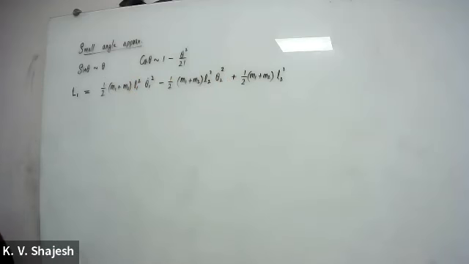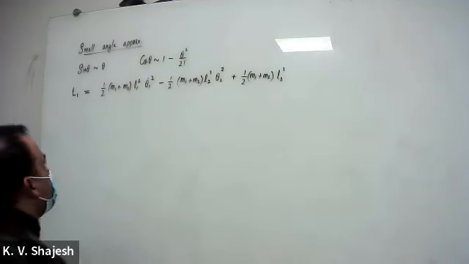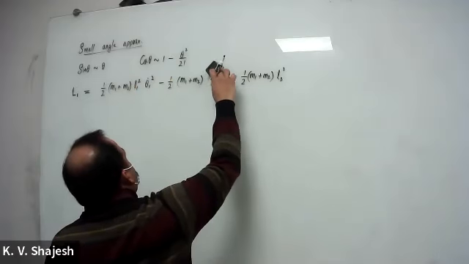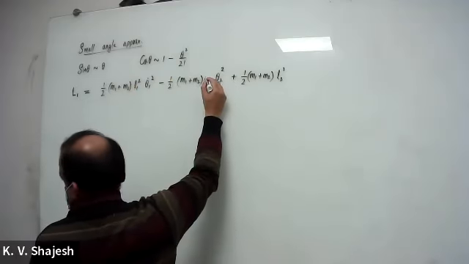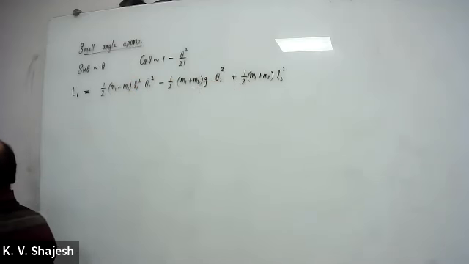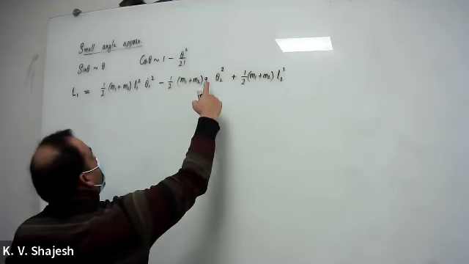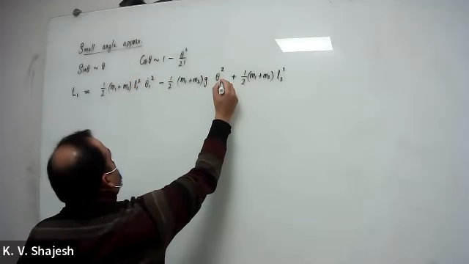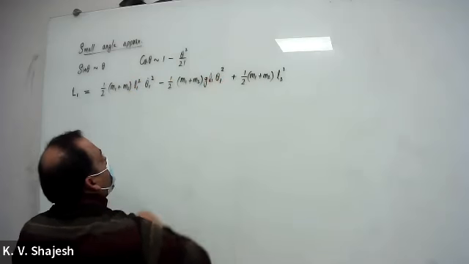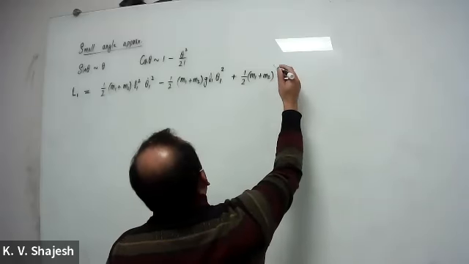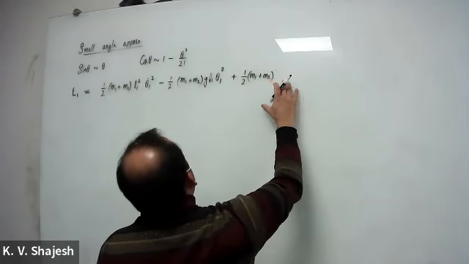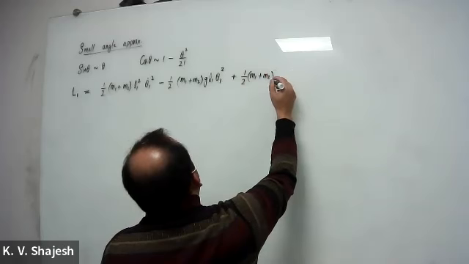Oh, because this is G. Yeah, G times L2, right? I want to put G times L2. L1. Sorry. And this is G times